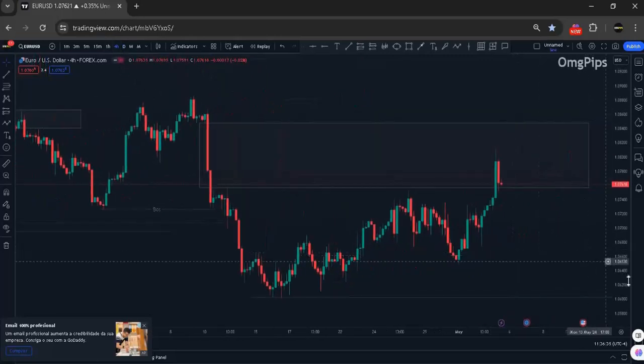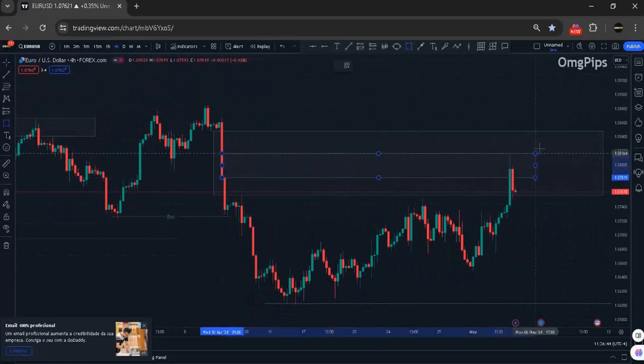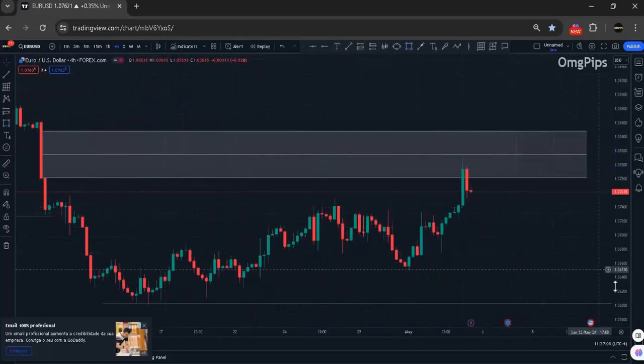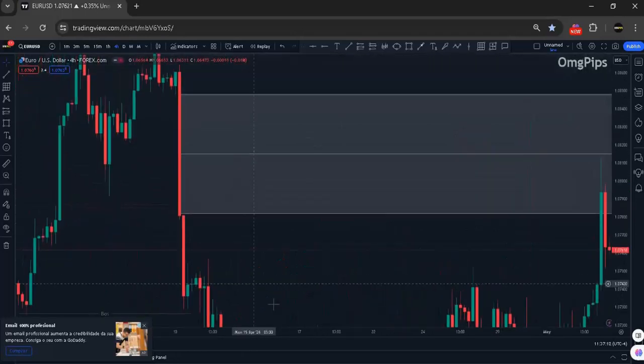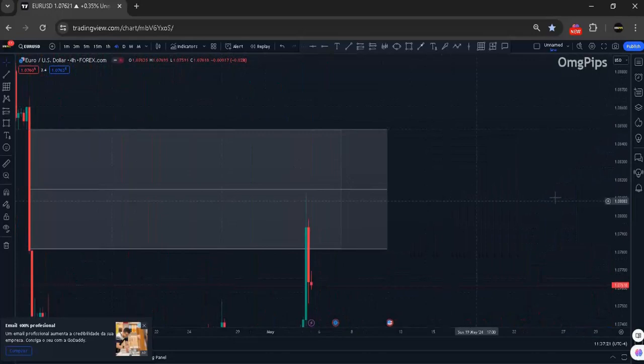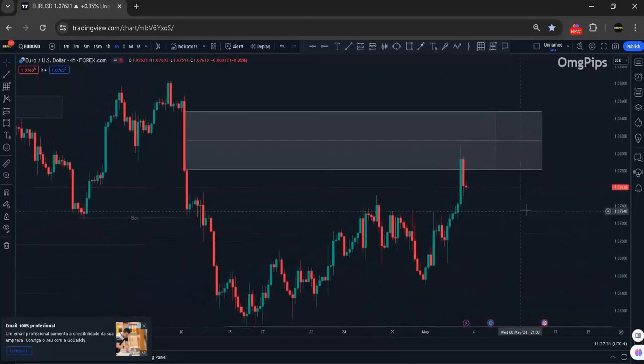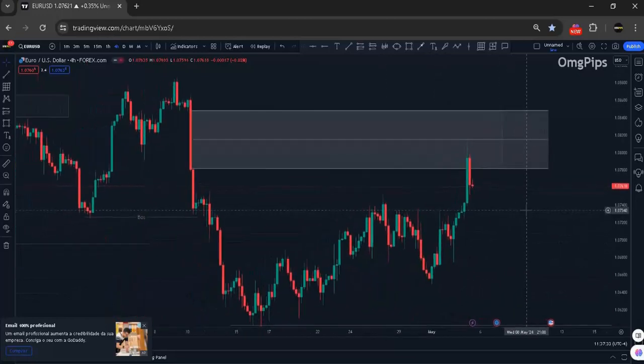And on the 4-hour, you can see we have a fair value gap right here. We have a fair value gap right on the 4-hour, which price came to mitigate. And if you can see, we mitigated the fair value gap, and the next candle shot down. So once I see this, I know, I am 90% sure we're going to see bearish momentum in the next coming weeks,